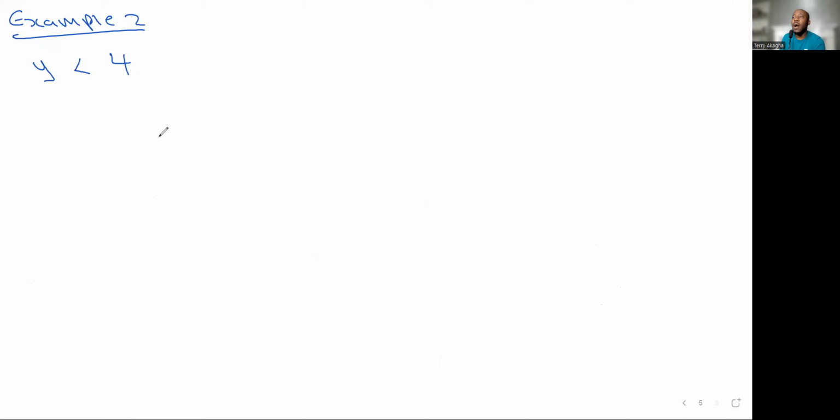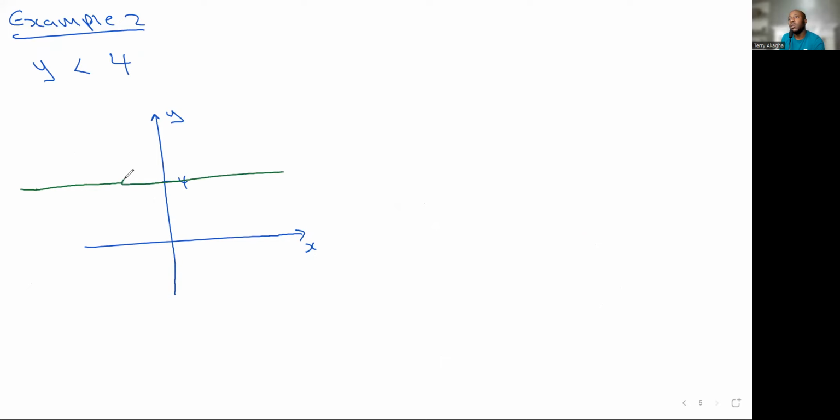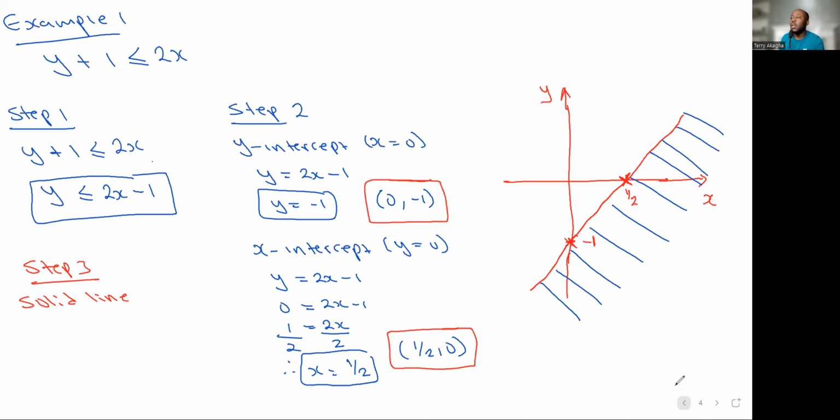So that means let's go. We have y is less than 4. So what we do, this is our x-axis, this is our y-axis. So let's assume this is 4. So we're going to draw a line at 4. Okay, but like I told you,